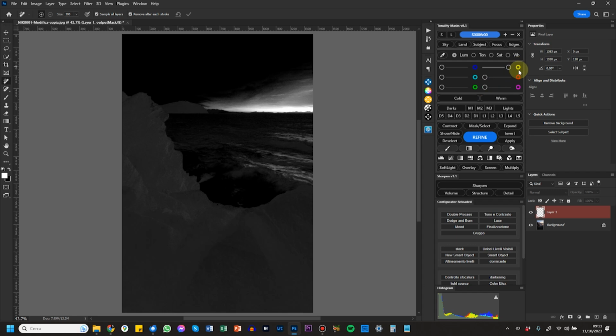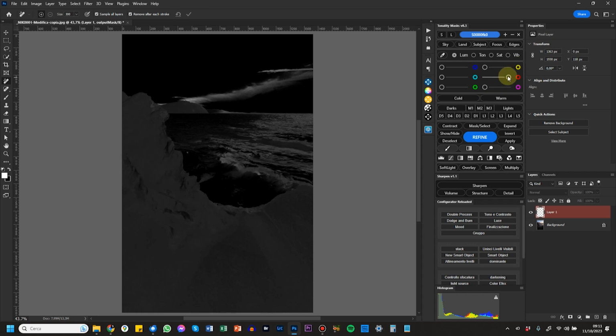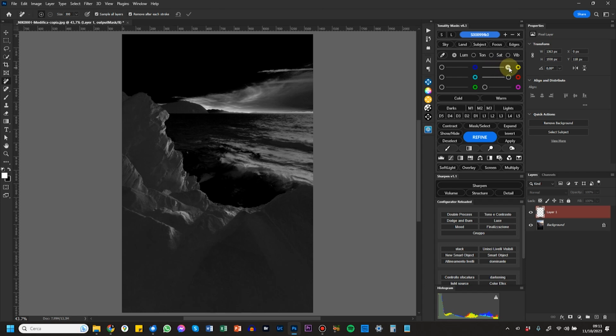If then I click on the red channel, it will select only the red in the image and push to 0 everything else. So if I want to combine the colors, all I need to do is select one color and then play with the slider. And then this way I can select both reds and yellows.